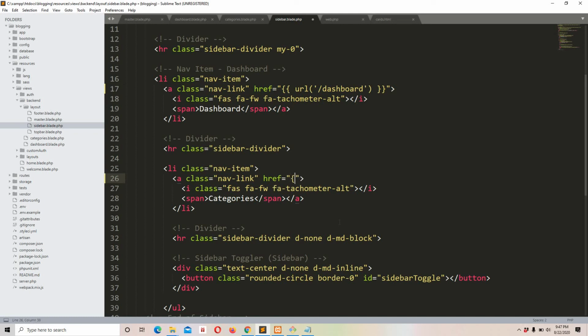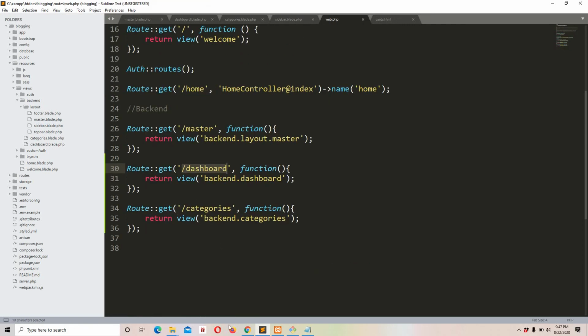It's time for you to take a guess. Where are we going to be redirected to? Just guess it. Okay, so it would be categories. I think you guessed it right. Okay guys, so in this case, when we click this link, we go to this categories URL, which is defined right here. You must have defined your URL if you want to use it.